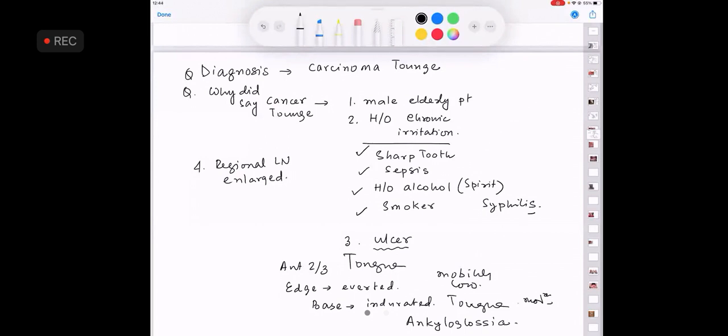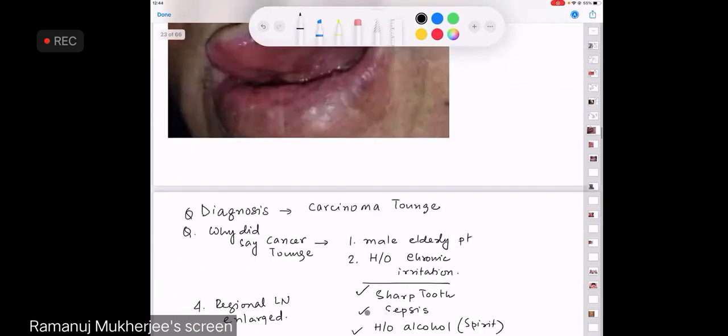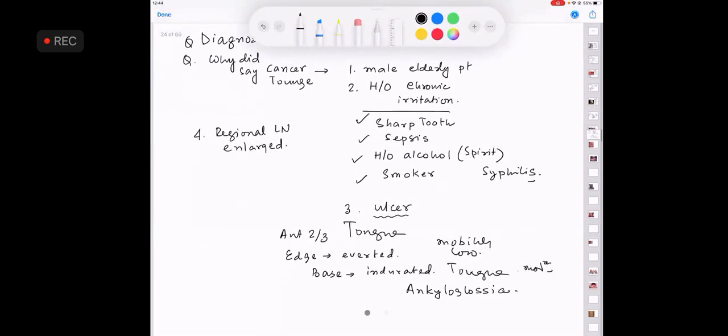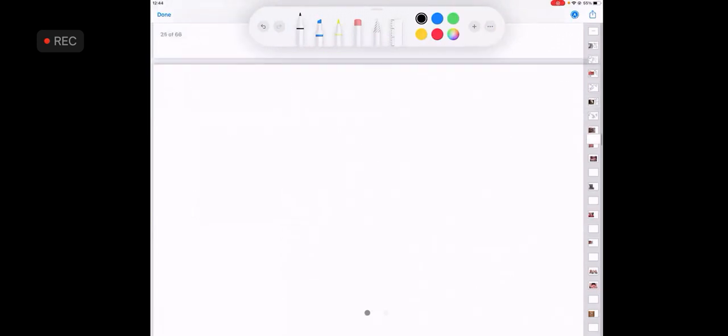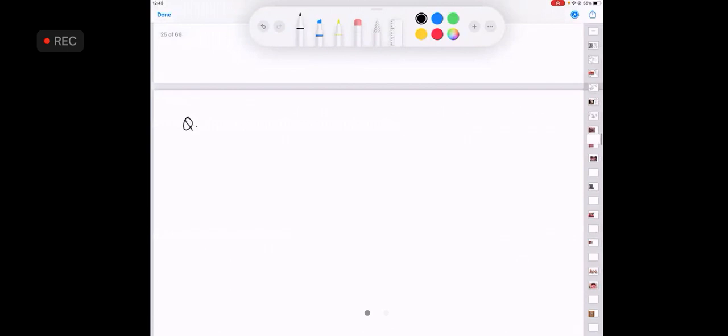Complete? Yes, sir. So this is usually the question that an MBBS is asked. Why did you say this is a cancer of the tongue? The next of the questions, please refer to your theory on the head neck chapter. The next of the questions are very straight. Next question is, what are the clinical types of a tongue malignancy?